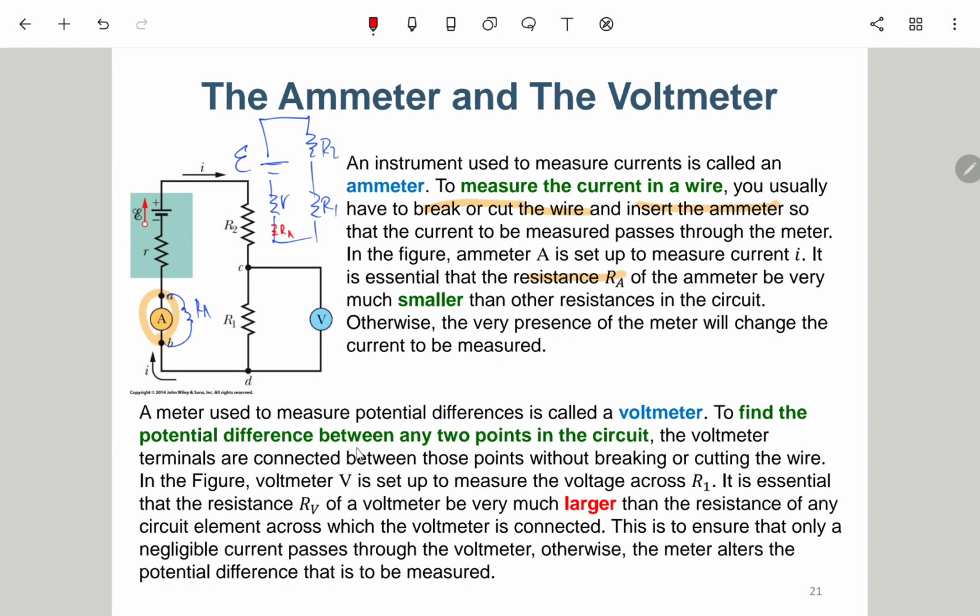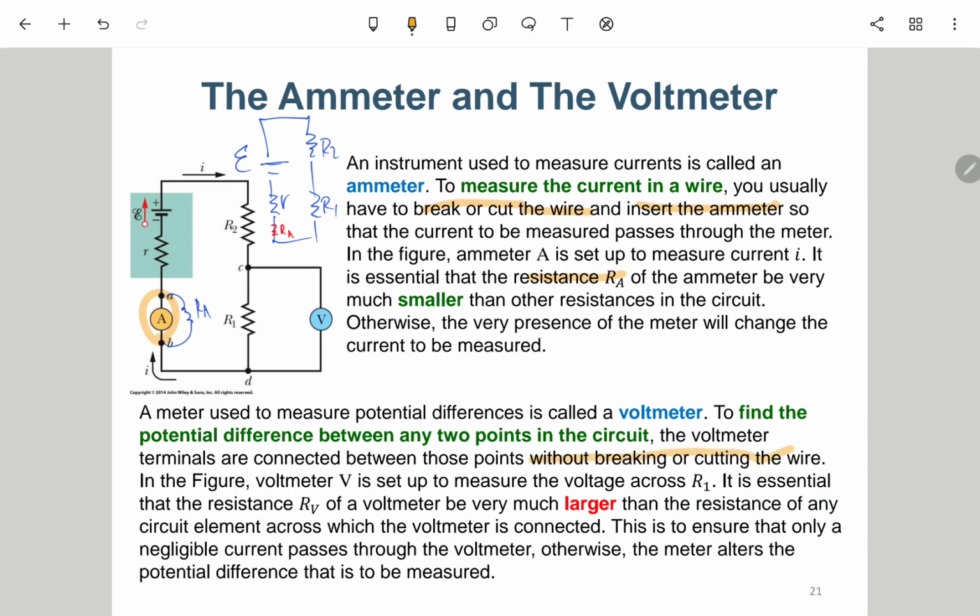To find the potential difference between any two points in the circuit, the voltmeter terminals are connected between those points without breaking or cutting the wire. So the voltmeter is connected in parallel. If you want to measure VCD, you connect the voltmeter directly across points C and D, and you can measure the potential difference. One point to mention is that it is essential that